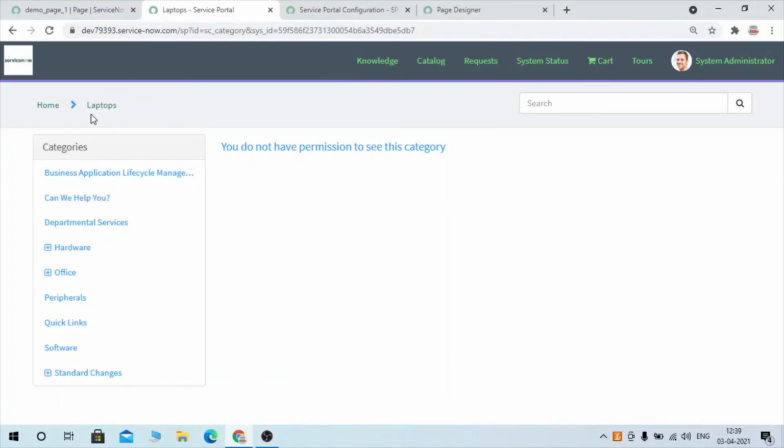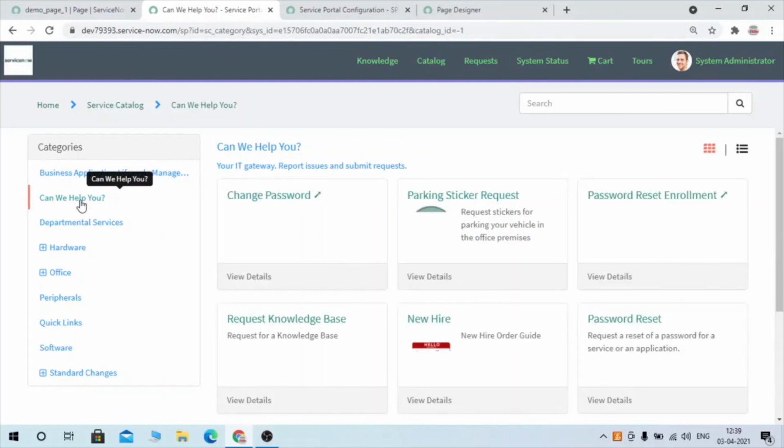Here we have a list of categories, and we are not able to see all the items under this category because we don't have permission for that. So let's click on it. We have a list of categories here, and we can click on any of them. If I want to change my password, I can go to this category, ask can we help you, and I can change my password.